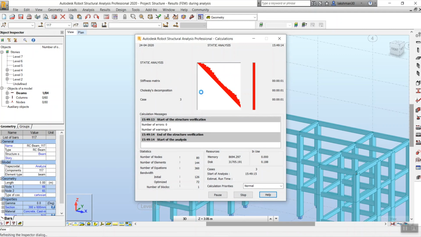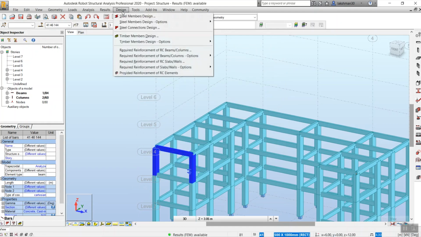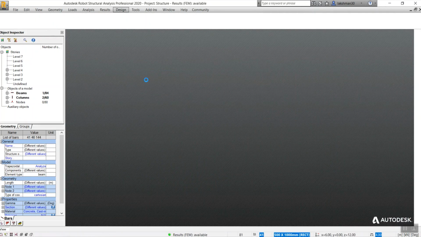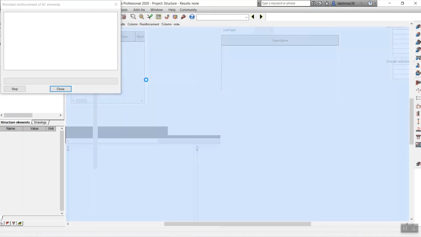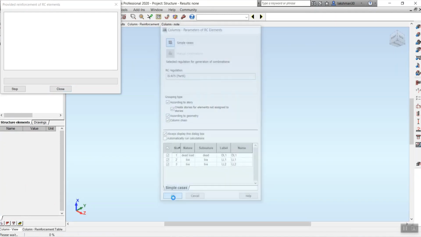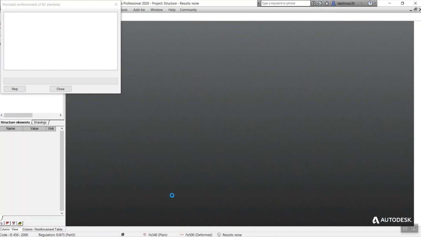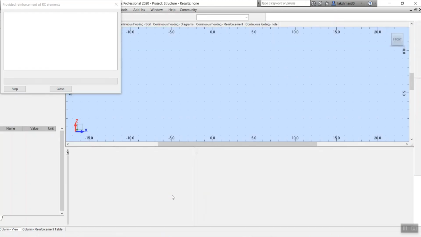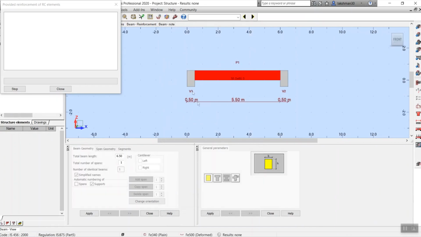I have informed you already how to get the analysis results. I'll move to the design part. Design, provide reinforcement of elements. Now we have got our beams and columns here.